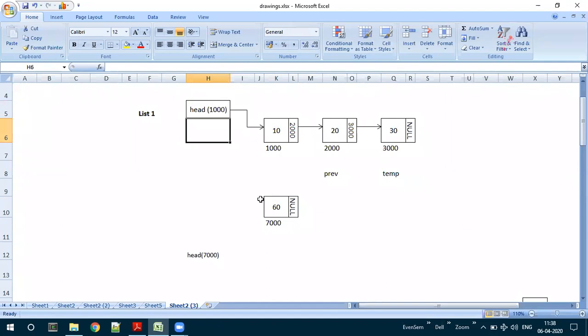So in that case, if you want to add the new node, first what we need to do? Whatever this head is containing, that is 1000. This 1000 value we have to update in the next part or the link part of the newly created node. That is, 1000 is going to be pointed over here, added over here. Means this node now is capable of pointing to this particular node. Second step is what? The memory address of the 7000 should be updated to the head. So we have to change this.